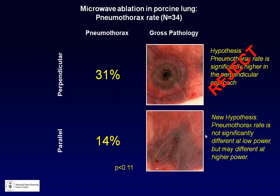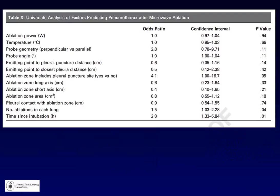We therefore came up with a second hypothesis. That's great. That's what you do when your first hypothesis doesn't work. We thought maybe pneumothorax rate is not significantly different at low power, but may be different at higher power. And I can just tell you that we tested that hypothesis as well using our data table, and that hypothesis wasn't true. So we then went to do exactly what I just showed you. We did a multivariate analysis. We wanted to take all the variables and to see which of those variables predicted that yes-no pneumothorax rate, and we performed the